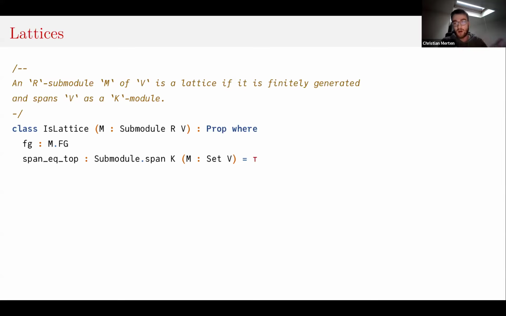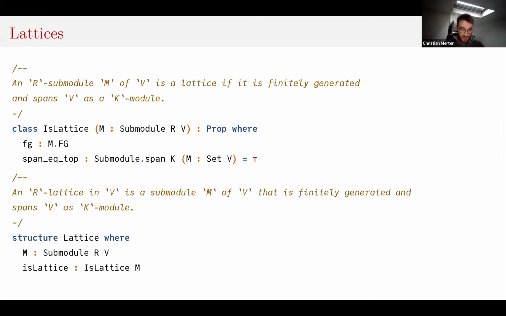And typically, that's the object that you want to work with, and you want to develop as much API as possible in this setting, working with general submodules, and the predicate IsLattice, and show this IsLattice predicate has some nice stability properties. But if you want to formalize a tree that is built from these lattices, you also want a type. And so we also have a type that is a lattice, and that is a submodule together with this condition. Okay, so we have lattices, and